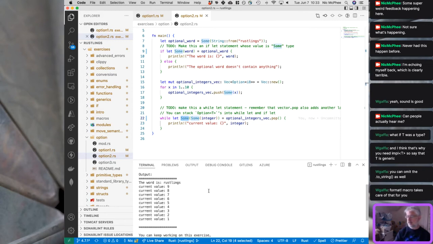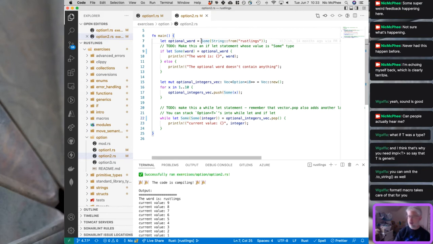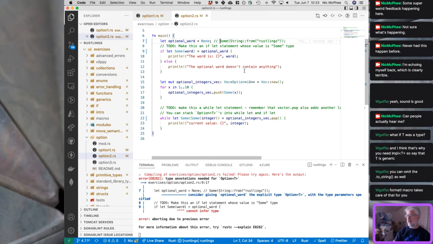Whee! And we get the values in reverse order because the last thing we pushed on was 9, and so it'll be the first thing that we pop, and so we get 9 through 1. And just to amuse myself, I'm going to actually confirm that if let, that we get the